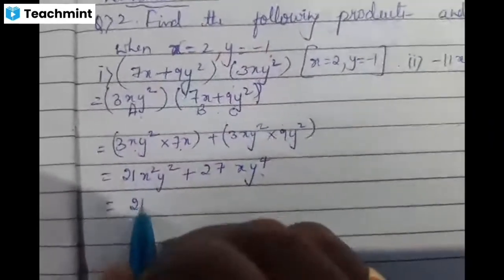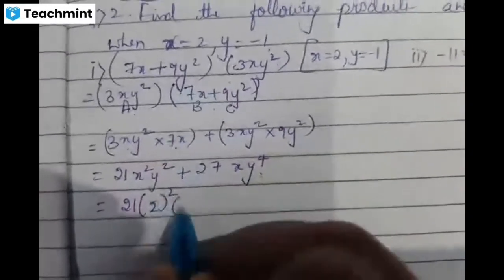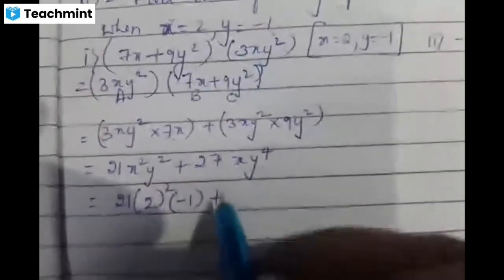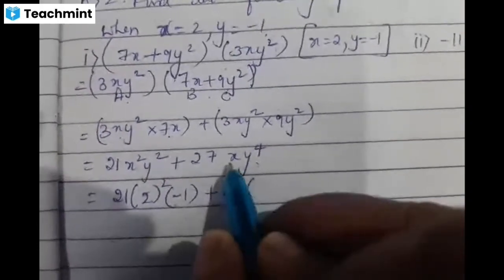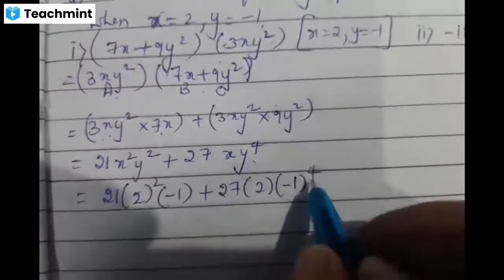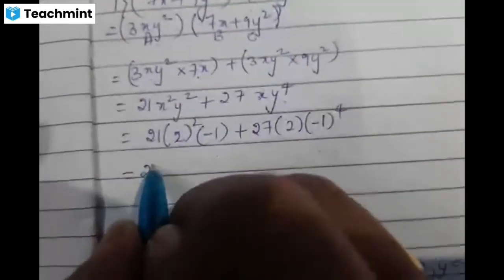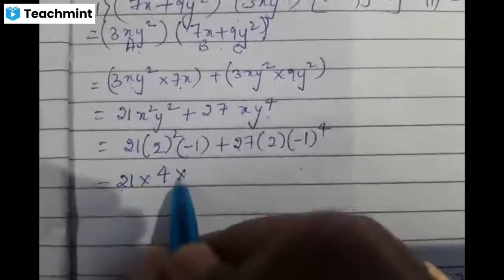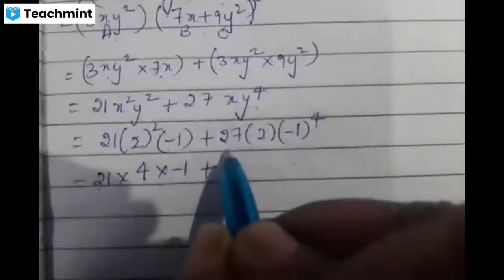So 21, what is x, children? The value of x is 2, so 2 square, and the value of y is -1. Use the brackets so that you are not getting confused. Plus 27. What is the value of x, children? 2. And y is -1 to the power of 4, which is equal to 21 into, let us make the powers into numbers, children. You know how to do 2 square. 2 square is 2 into 2, which is 4, into -1 as it is, plus 27